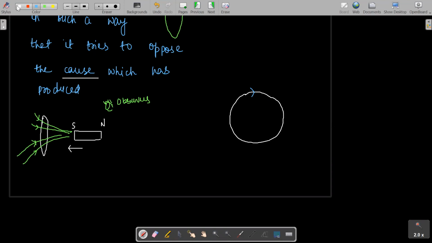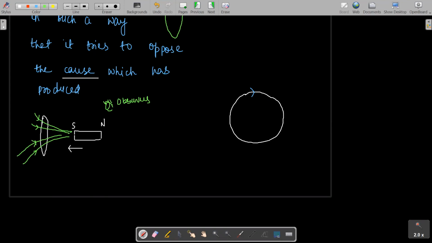Students, are you not getting my point? Please tell me. If you could repeat it again. Actually, I'm asking you that the flux passing through this area, is it increasing or is it decreasing? So it's the same, right? Yeah, actually I'm moving the south pole towards this direction. How can you evaluate this?